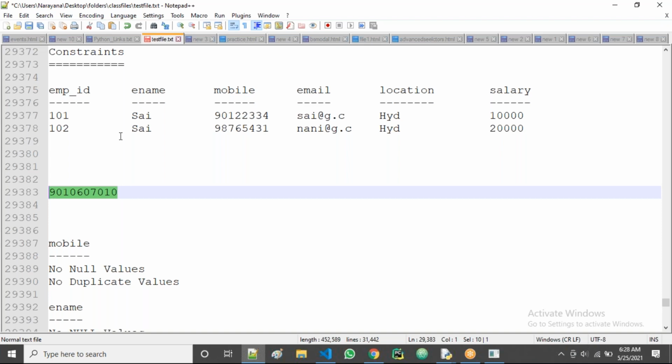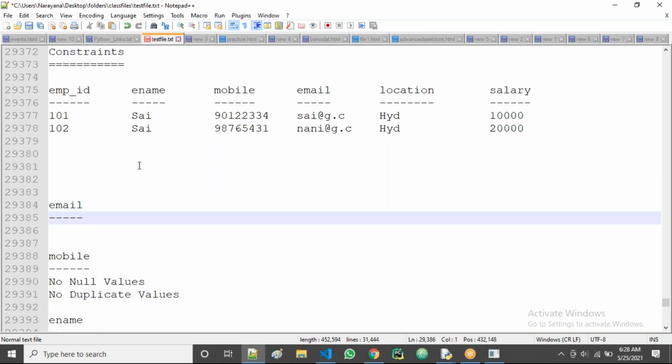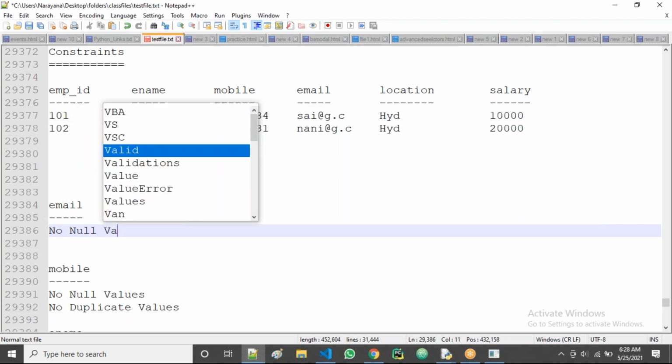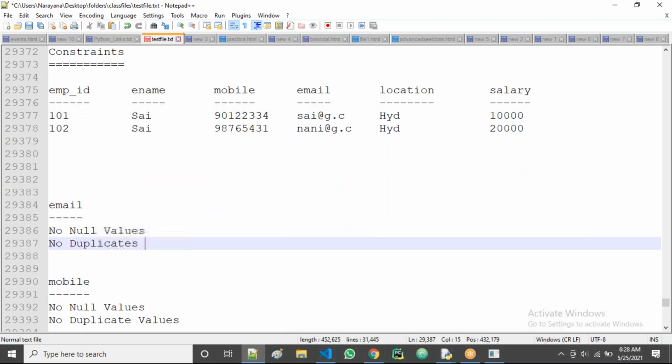Okay. Fine. Coming to email, generally no null values and no duplicates for emails also.